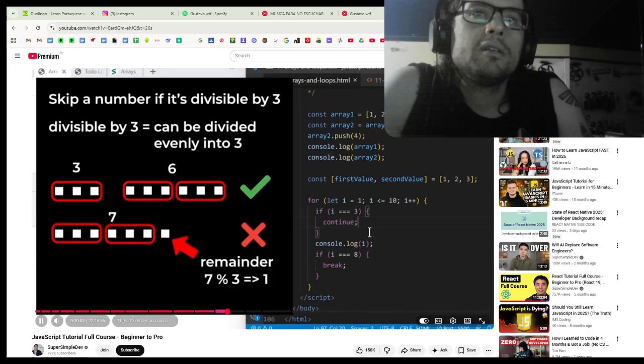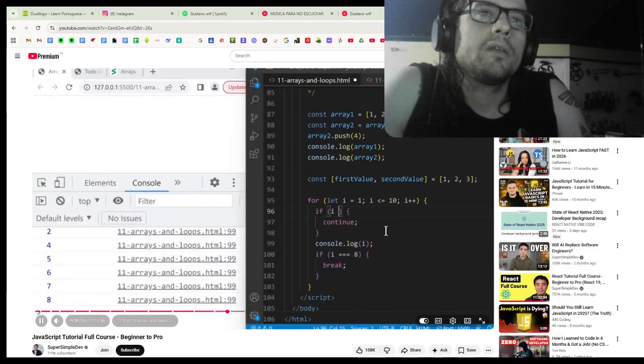Using the remainder operator, which looks like this. So to check if a number is divisible by 3, we can check if the remainder is 0. So here, we're going to replace this with i remainder 3, and we'll check if the remainder